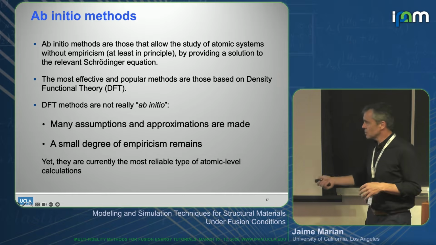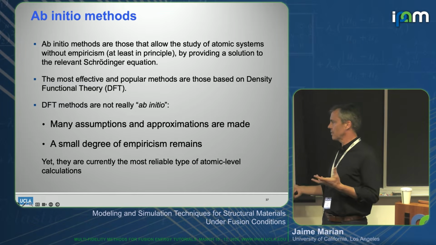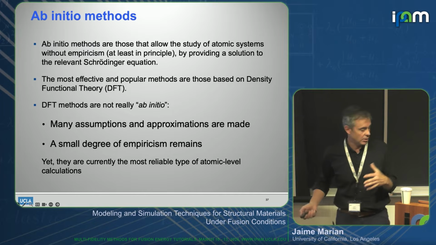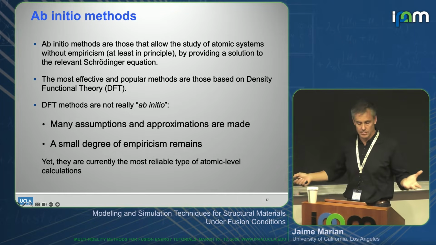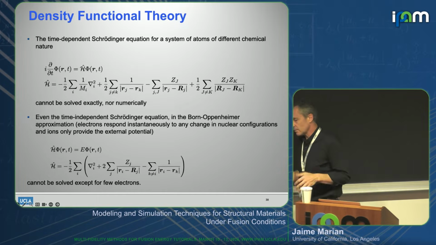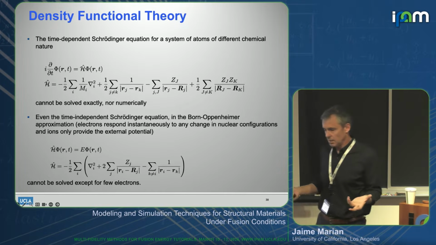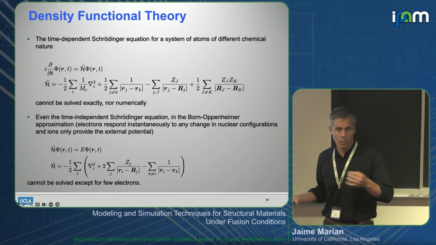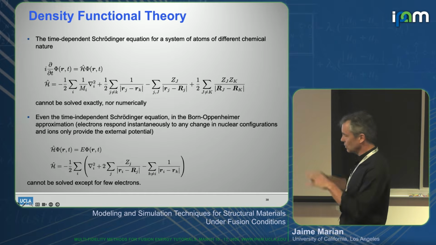Okay, so we have to make assumptions, approximations, and there's some degree of empiricism. Yet, there are even holes in the theory that we don't know about, like the many-body problem. As far as I know, that hasn't been solved. And right now, we still employ a process of trial and error to see how to deal with a many-body